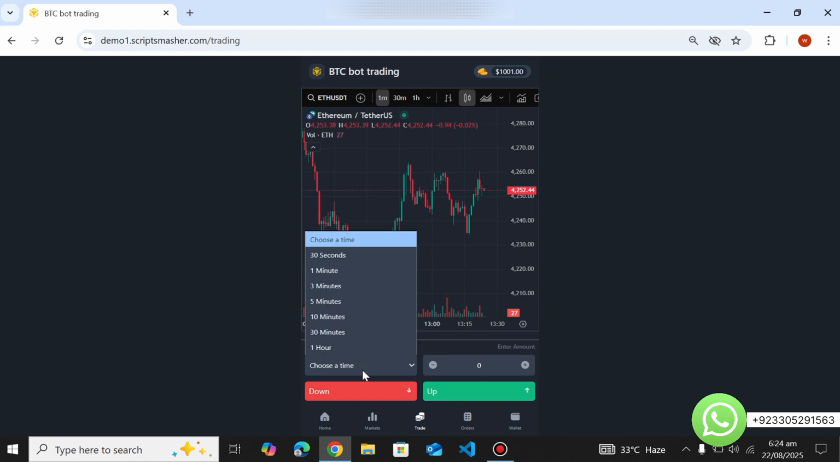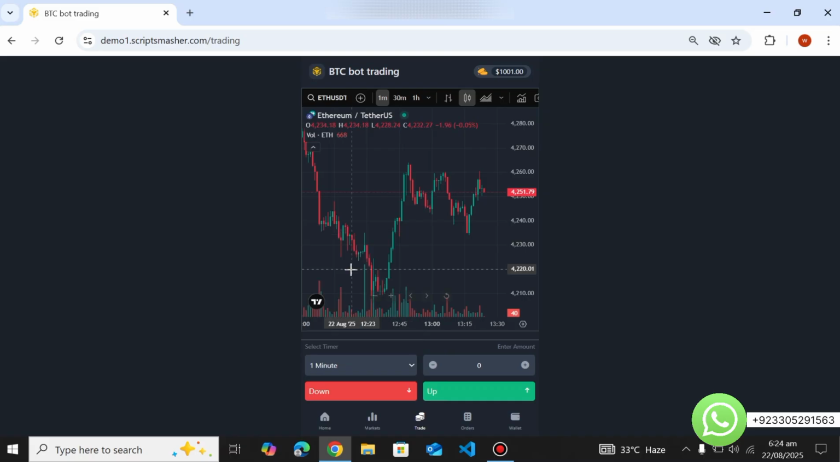Now if you want to place a trade, you can place a trade for 30 seconds, 1 minute, 3 minutes, 5 minutes, 10 minutes, 1 hour. So let's place the trade for 1 minute, and here just enter the amount. Suppose I want to trade $10, and basically viewers, you can set the commission of trades on each coin. Like on Ethereum, BTC, you can set the profit commission from the admin panel. And here suppose I will place the trade on up, and